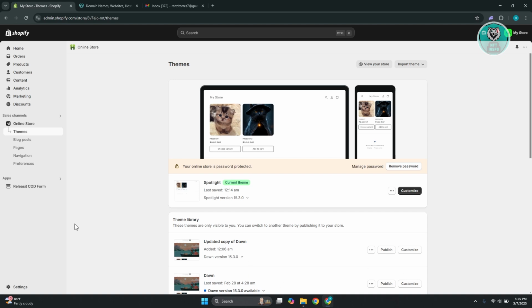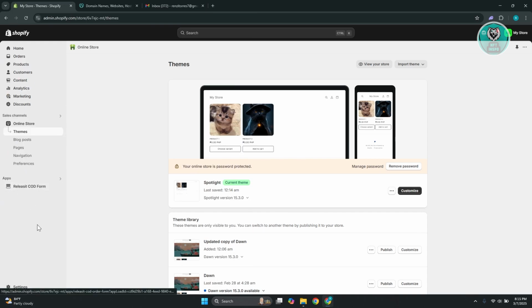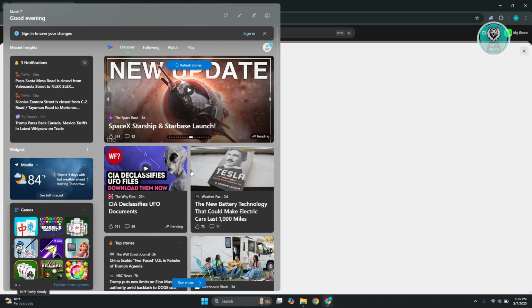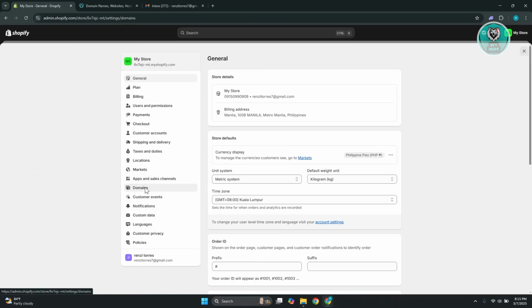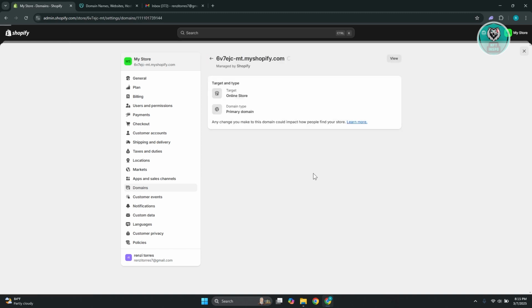So first is you want to make sure that your domain is properly set up. So usually you want to go to your settings here. So at the bottom left, go click on settings. And under settings, you want to go and click on the domains option. And in here, you should be able to see your domain. So when you click on it, you should be able to see the full details about it and set it